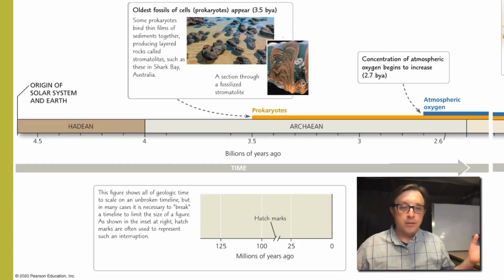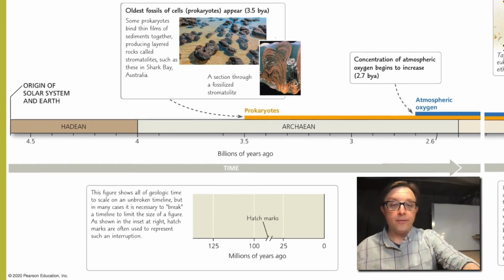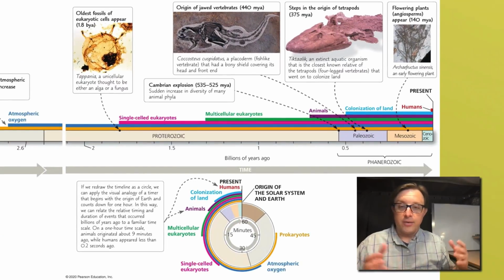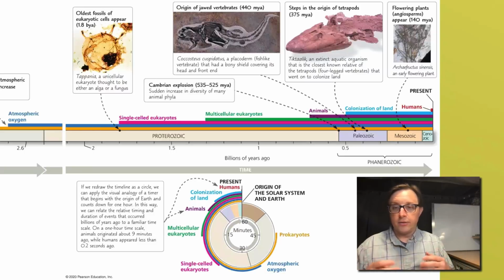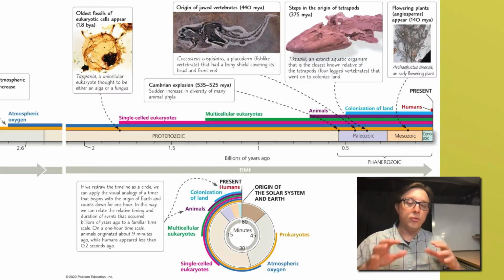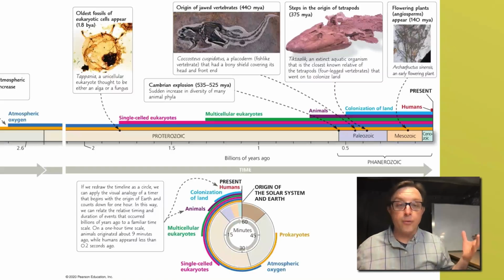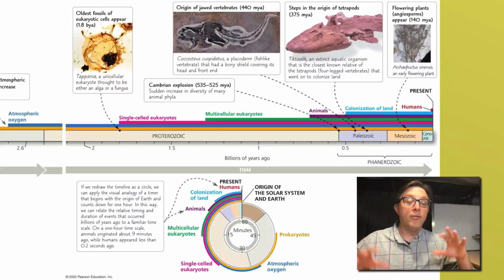Right here, we see it laid out on a straight timeline. You see some of the important events there: oxygen being released into the atmosphere about 2.7 billion years ago, which would have been when photosynthesis first evolved. Moving forward, looking at some of the more recent events, single-celled eukaryotes, the Cambrian explosion, when many of the current animal forms, a lot of the animal phyla were